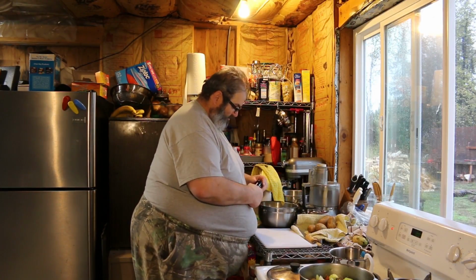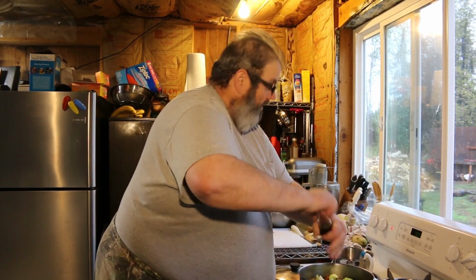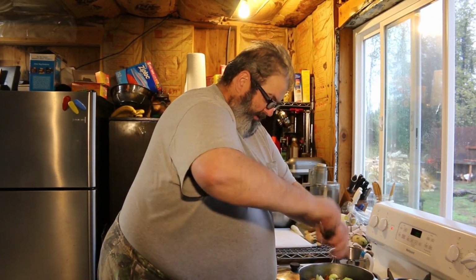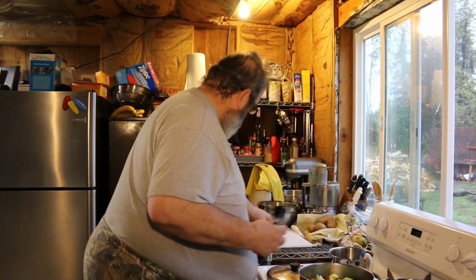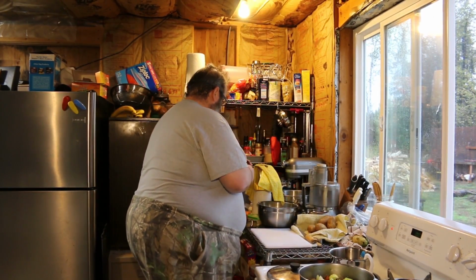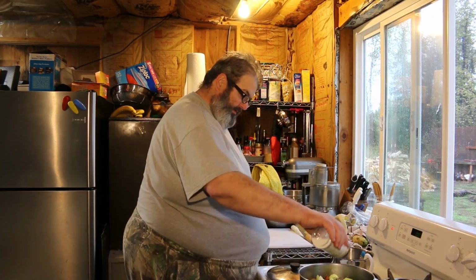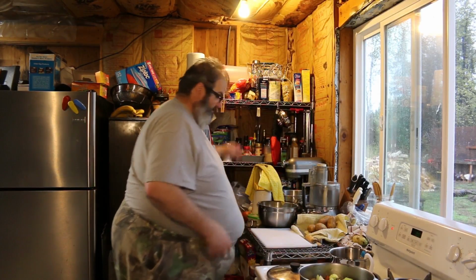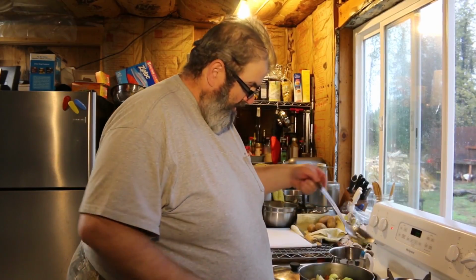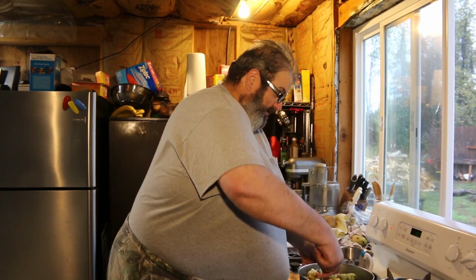And then, of course, we're down to the final seasonings. We're going to do some fresh cracked black pepper in there. All right. And lastly, some kosher salt. That's a big pot of stew, so we need quite a bit. All right. And that's the last of it now. Stir this in. I'm going to let this simmer for about